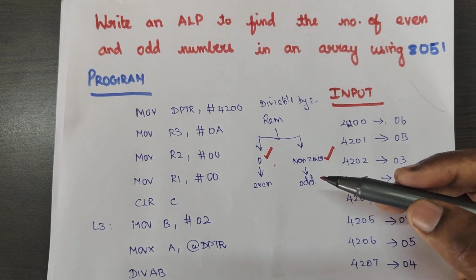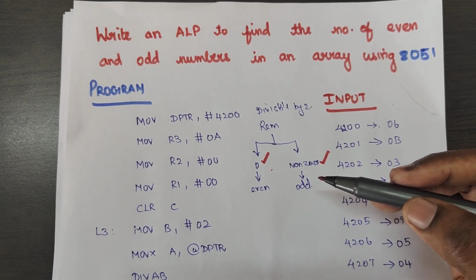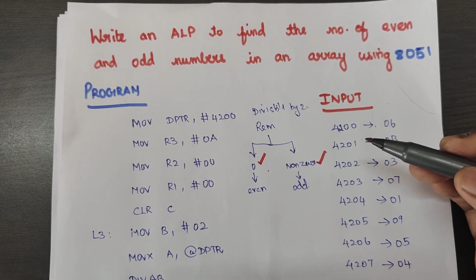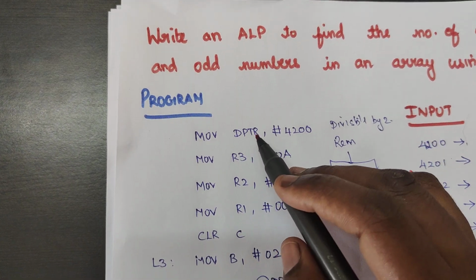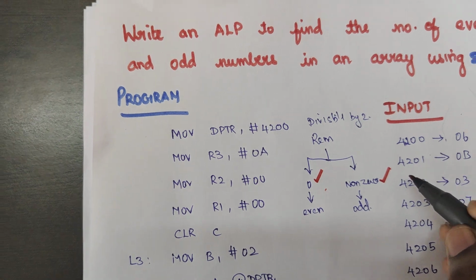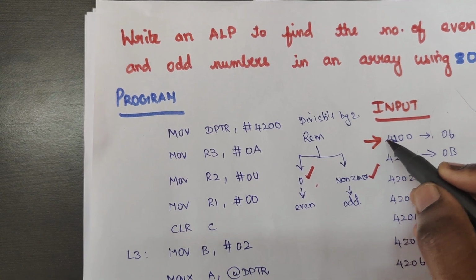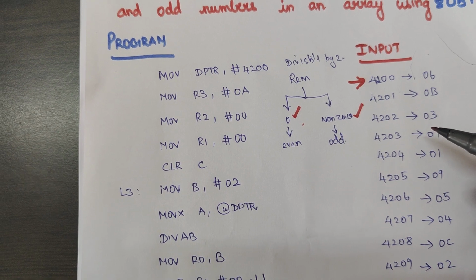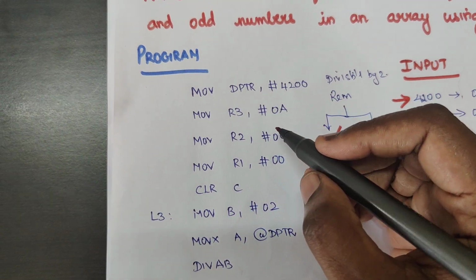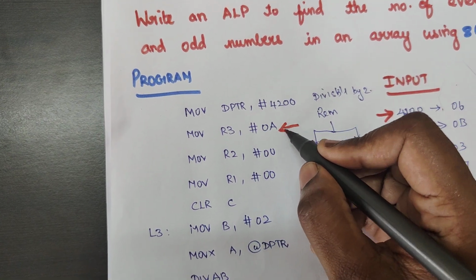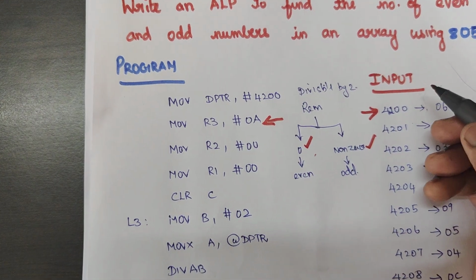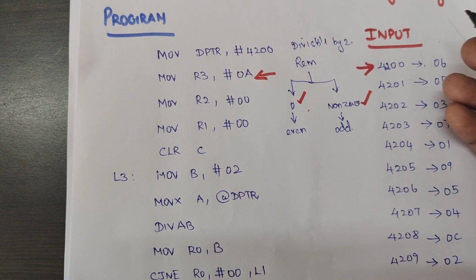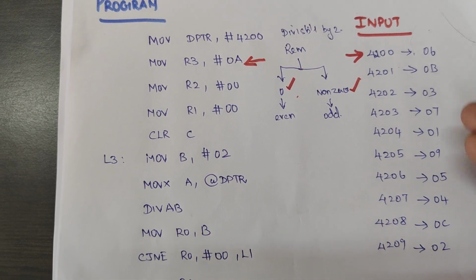The first thing, you have to load your input in your memory location. My starting memory location will be 4200, so this will be given to my data pointer. Your data pointer will point to the address 4200. From this I am going to load how many inputs? 10 inputs. That count I am going to load in the R3 register, so I am loading 10 as the hexadecimal value 0A. On the right-hand side you can see your memory location along with your 10 different inputs.